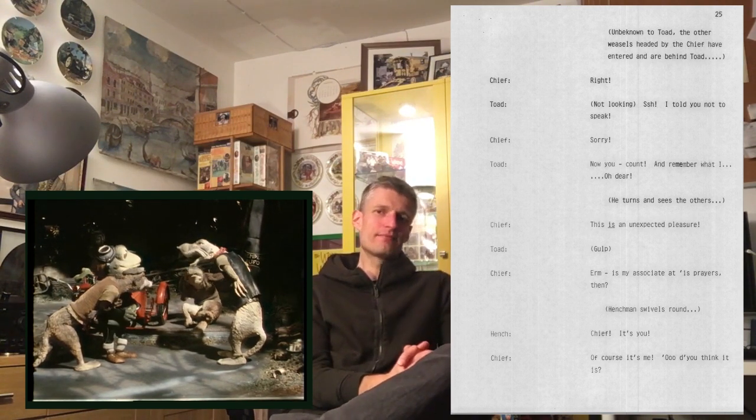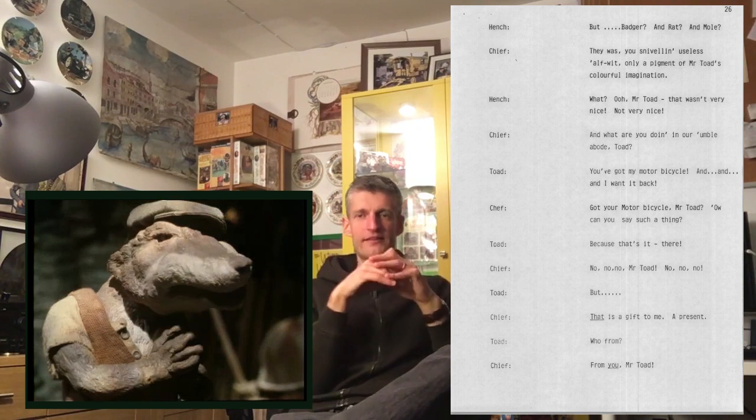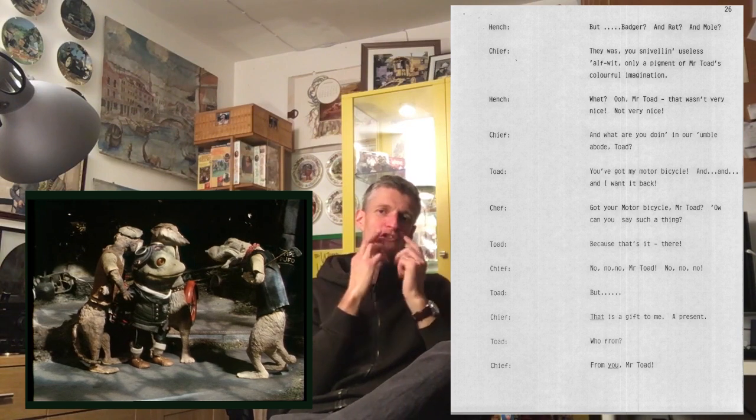So this is Toad getting a bit... Notice the gulp there. You know, and Toad, he is arguably the most expressive of all the characters, and yet he's still fairly limited. He's just got the cheekbones that go up and down like that. You've got the eyes, and looking at him here, they've made him look worried. They've made him look a bit not as confident as before, and it's a real skill, that. And often it's not just the expression; it's the stillness, it's those pauses and the timing between them. But it is expression as well. I mean, the shape of the mouth there,